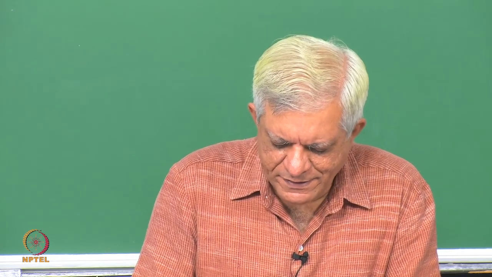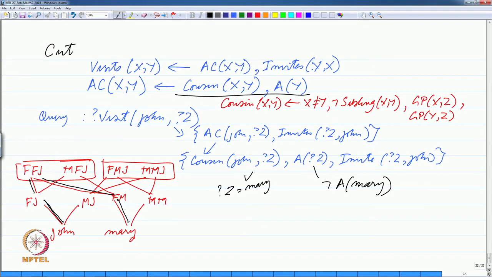these black lines that both their fathers are sons of one person. So, they are cousins essentially. So, the cousin John Mary succeeds, but American Mary fails. So, let us say Mary is not an American. What does Prolog do? It comes back to